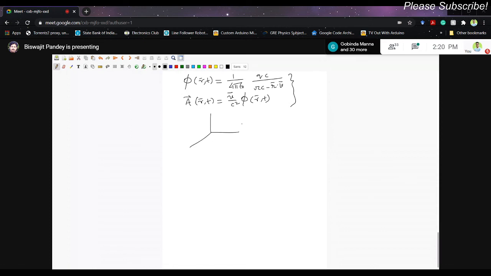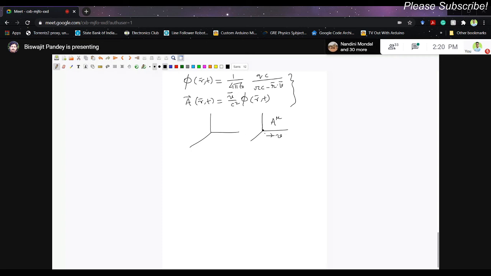Suppose I do not draw a complicated picture, because then I have to apply an arbitrary Lorentz transformation, which I don't want to. So suppose the charge is moving and the observer is here. Suppose the charge is moving with velocity v, and since this is the frame of the charge, we can call that the rest frame of the charge. That potential, four potential, is suppose A mu. So this is the moving charge and this is the observer. You may call this the lab frame, whatever you like.